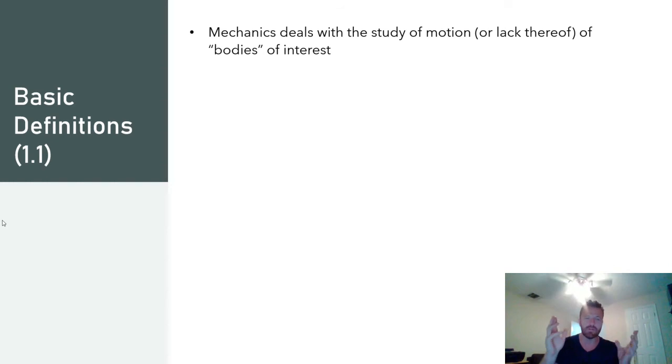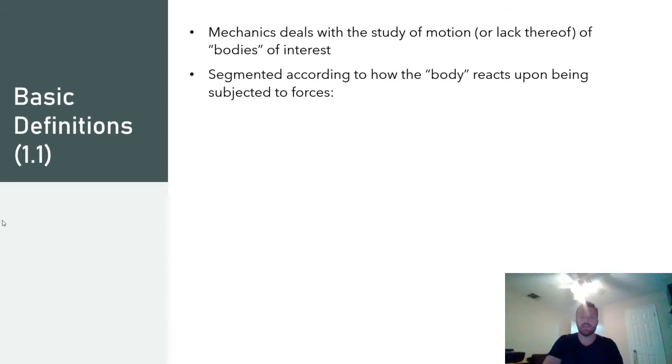We need a generic word to describe the things that we're interested in, describing their motion or their lack of motion. So the way that we can further subdivide mechanics is according to the way that these bodies react when forces are applied. So most fundamentally,